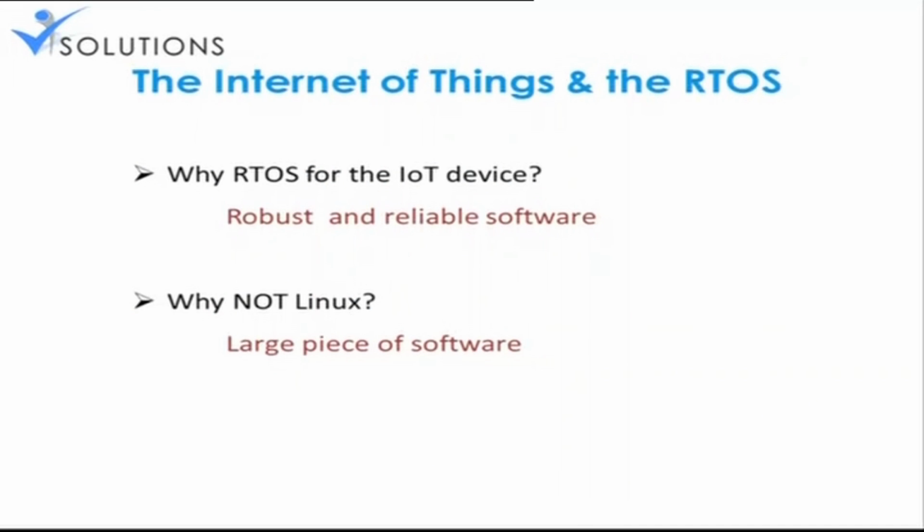Why go for RTOS? Why not go for Linux? Frankly speaking, the real fact is that Linux is a very successful OS when it comes to embedded systems. But the problem with Linux is that, while it is successful for embedded systems, for IoT I don't think it will be as successful. The reason is the memory footprint it leaves. Memory footprint is nothing but the amount of memory it is going to consume on a RAM.